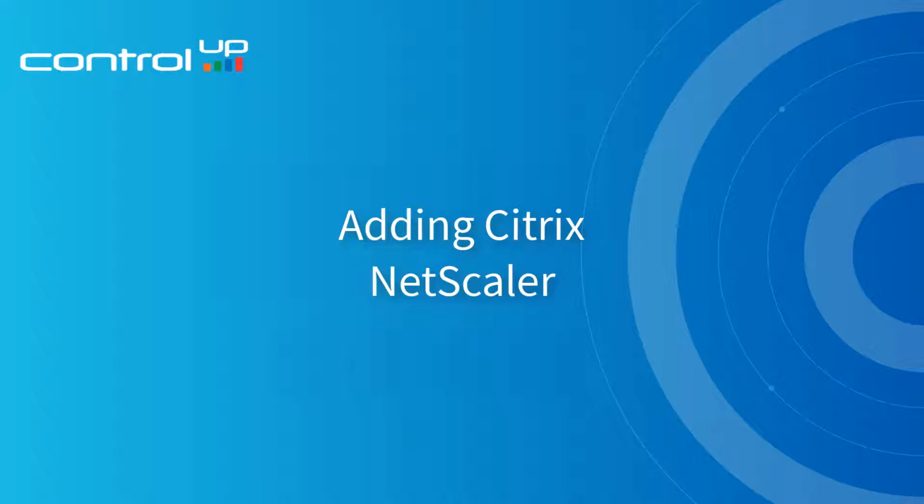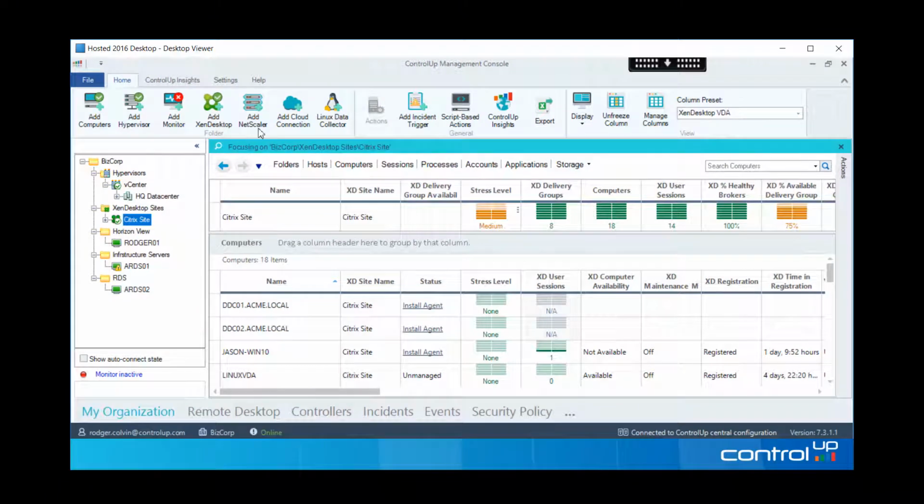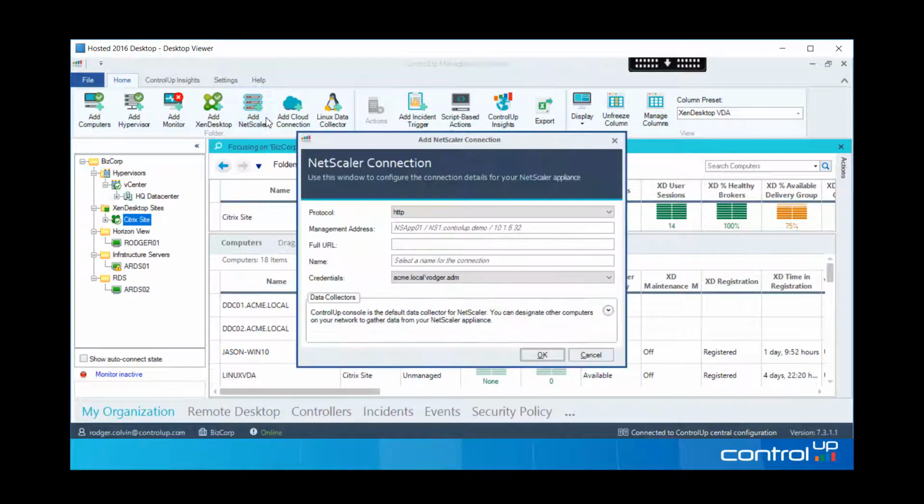Adding a Citrix NetScaler. So first I'm going to go and click the Add NetScaler button. And once I click that, I'm going to put in the management IP address of my NetScaler. And notice that it's automatically filling out the URL. Once I put in the management IP address, I'm going to give it a name that I want to appear